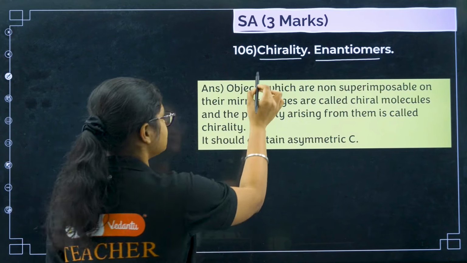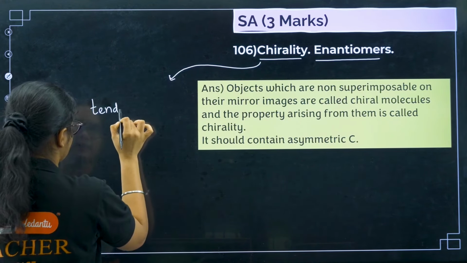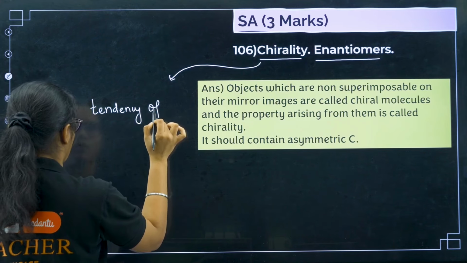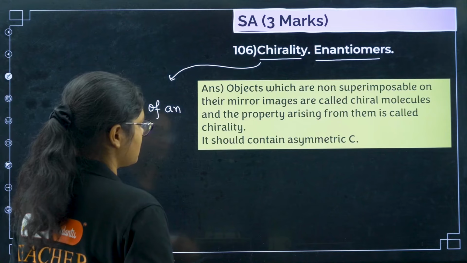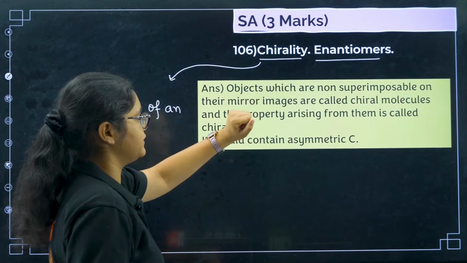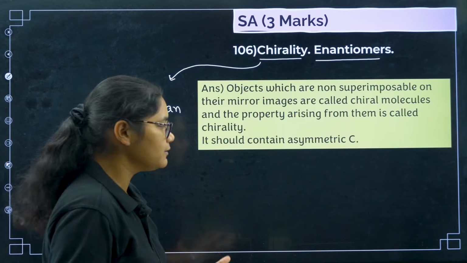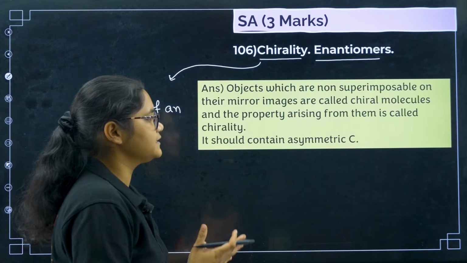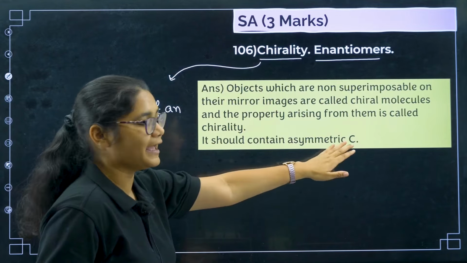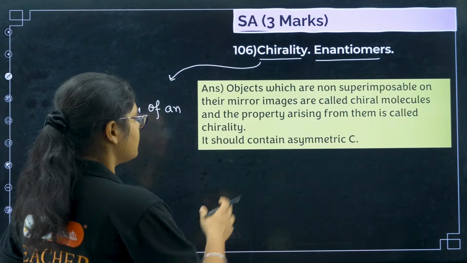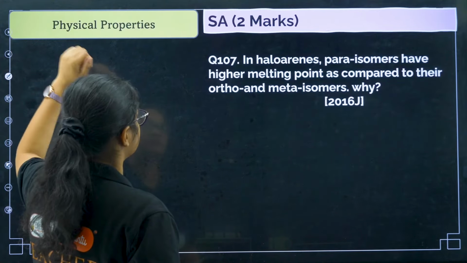Okay, so here I have written the definition. Objects which are non-superimposable mirror images are called as chiral molecules, and the property arising from them is called as chirality. What is the condition for chirality? It should have an asymmetric carbon. Okay, so enantiomers also same thing, you have to write down the non-superimposable mirror images which are optically active